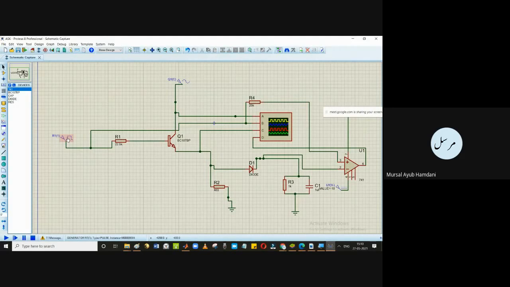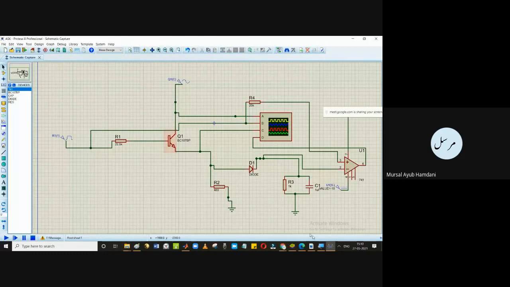However, when it goes back to zero, since it is not forward biased, it acts as an open circuit, so we'll have nothing here. So this transistor is acting nothing but as a switch. We have used the transistor in this circuit to act as a switch. Okay. Yes, sir. No, thank you.